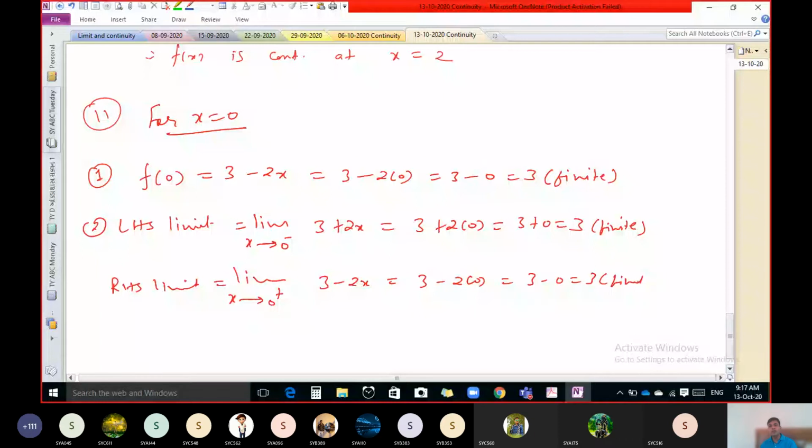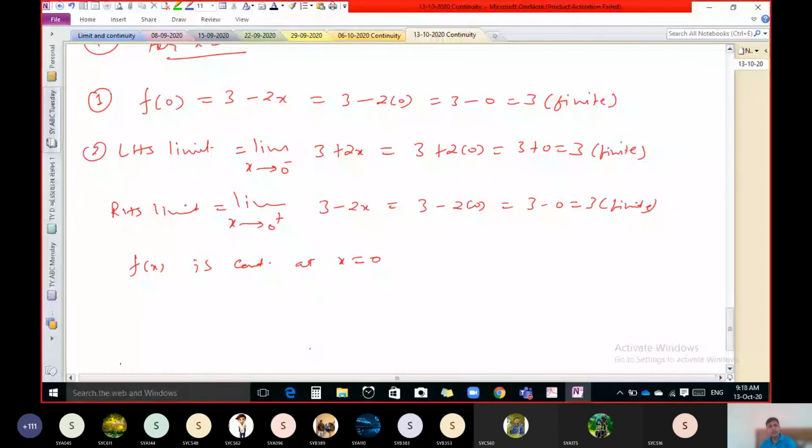See all three values. All three values are the same. So you can say that the function f of x is continuous for x equal to 0. In the exam you have to write in detail. Okay, now for x equal to